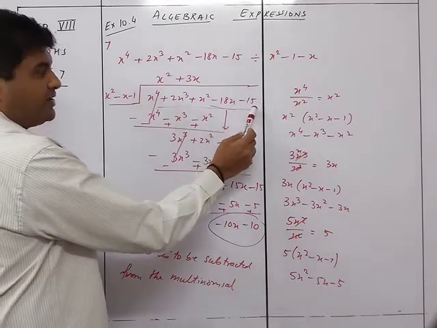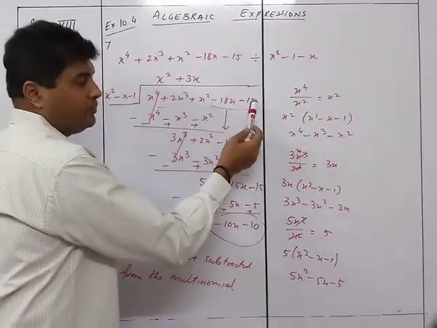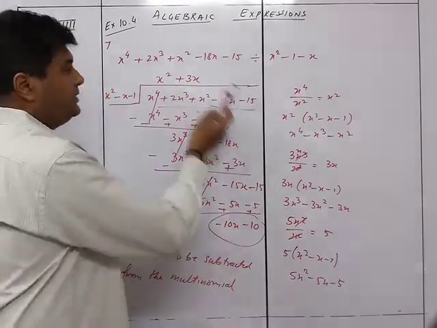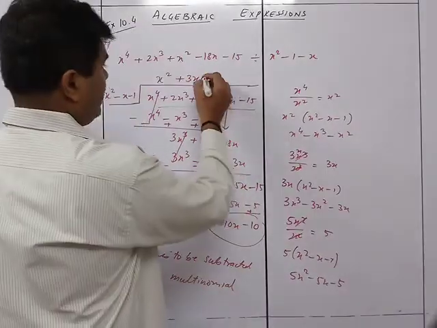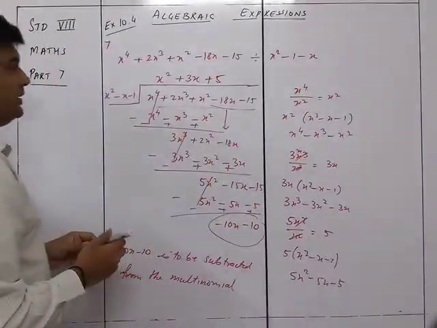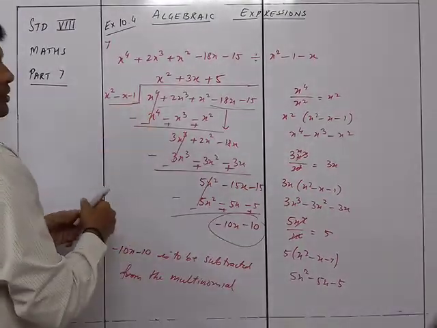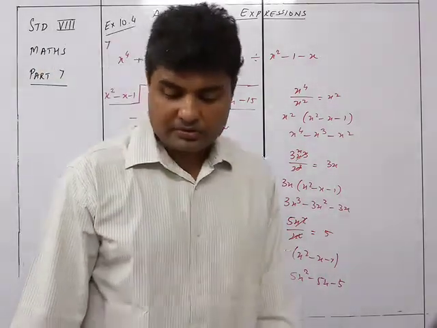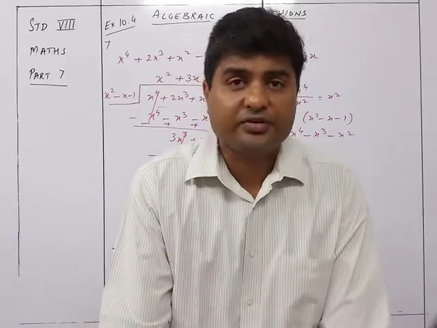Similarly over here, if I subtract 10 from this, it will be 10. 15 minus 10 will be 5. If I get a 5 over here, 5 and 5 will become 0. So then this complete thing, okay, I just forgot to write over here, plus 5. So then this complete thing will be divisible. So that is what we need to find out. We need to find out what is the subtraction required from the polynomial to make it a perfect division.